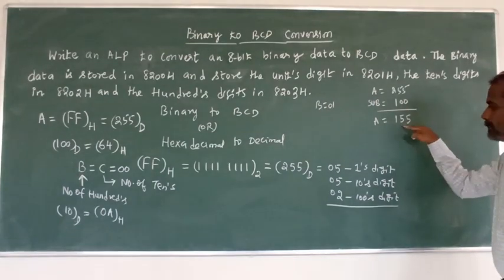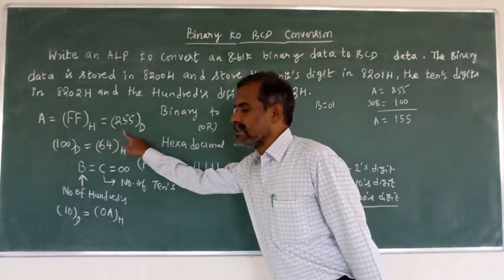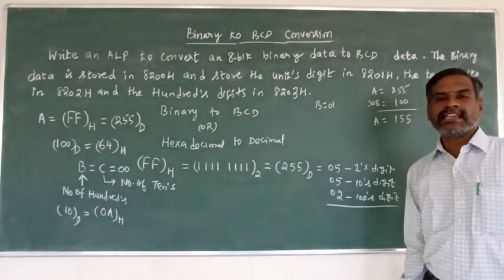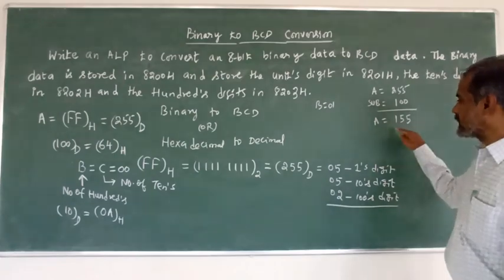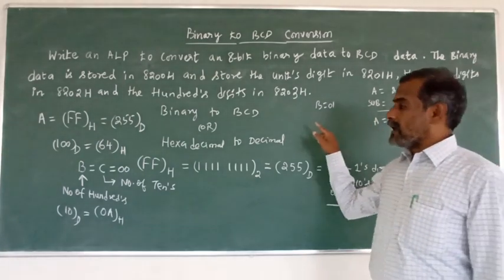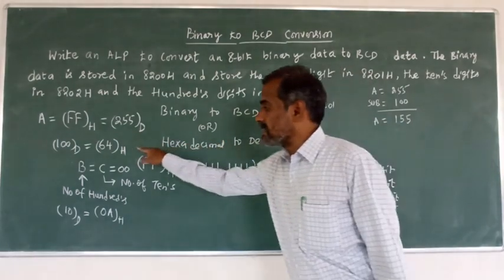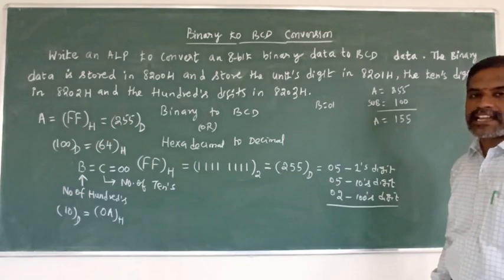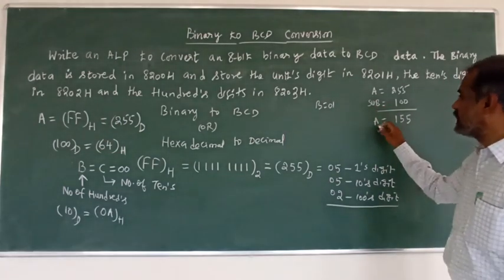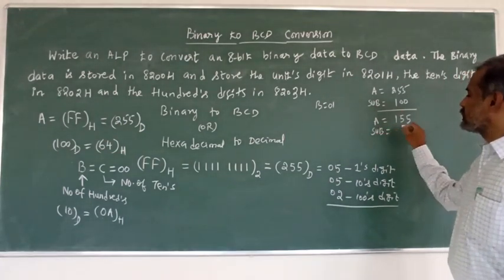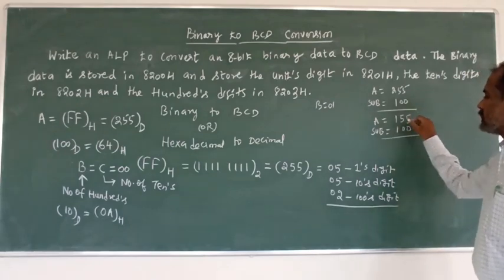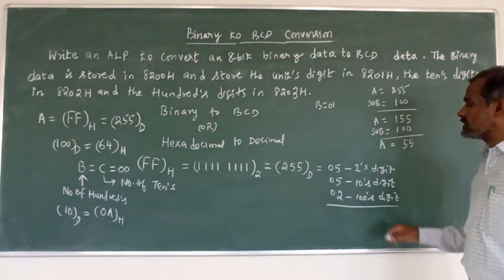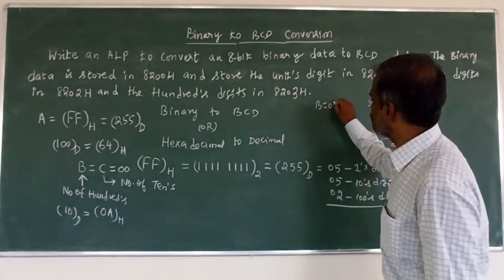Again compare the accumulator with 100. Here the carry flag will be checked, whether it is set or reset. Here the carry flag will be reset, because the accumulator content is larger than 64, that is larger than 100. Again subtract 100 from the accumulator. Now the result is 55 in the A register. Now increment the B register once.